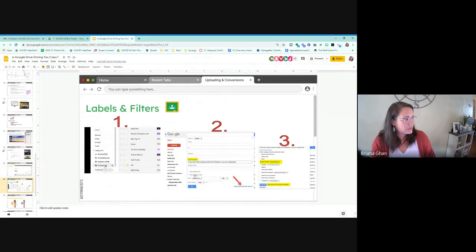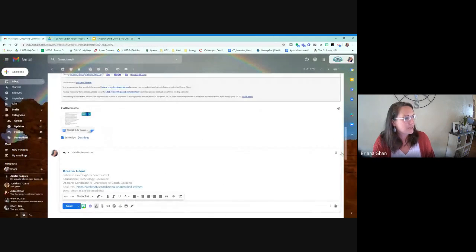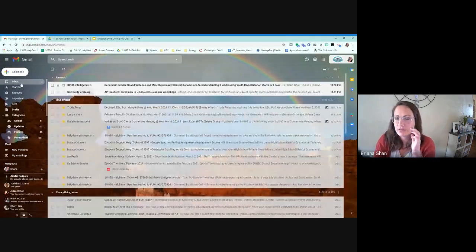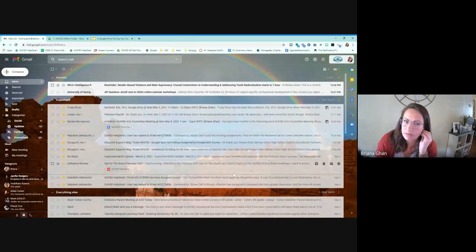Labels and filters. Let's see. Labels and filters. Are many of you using Google Classroom? Like the private, or no? Some people are yes. Google Classroom often sends an overwhelming amount of emails. So in the settings, you can turn those on or off, or which ones you want to receive, but you can also create